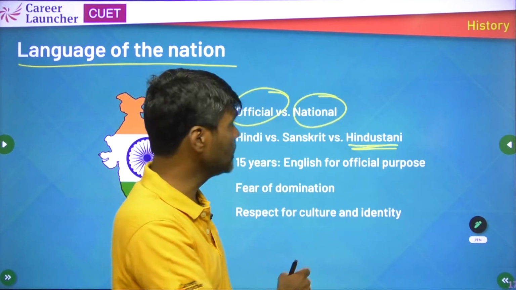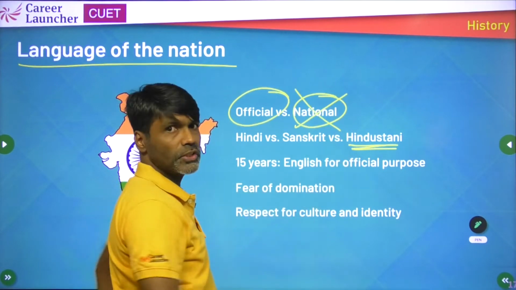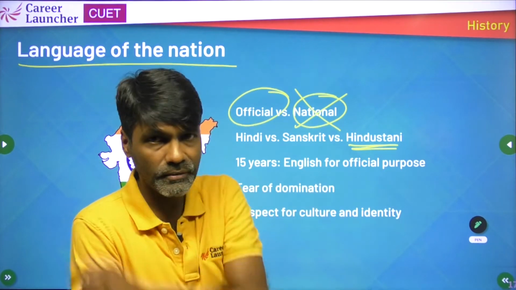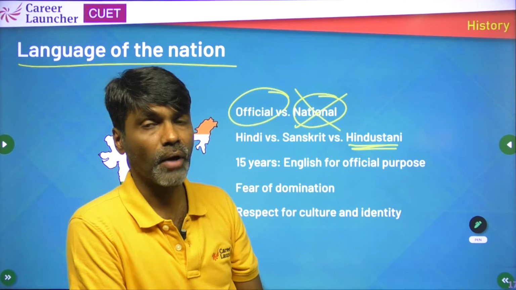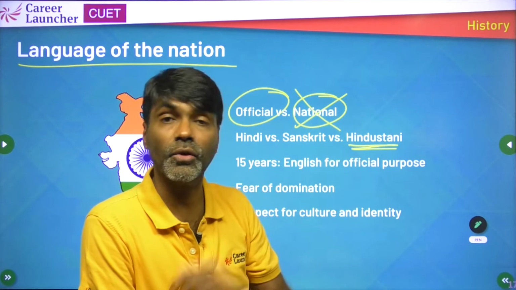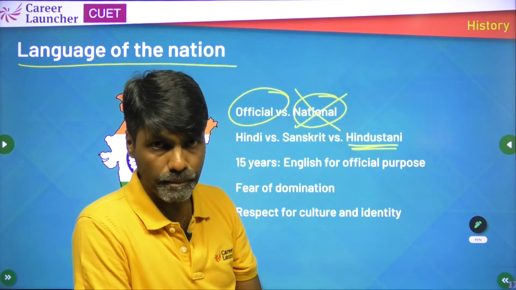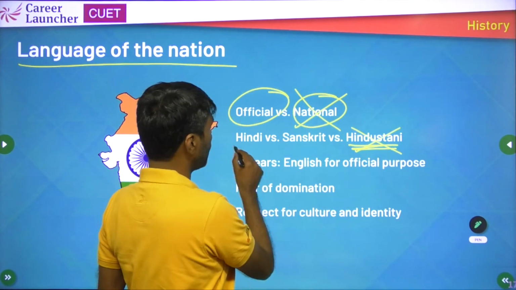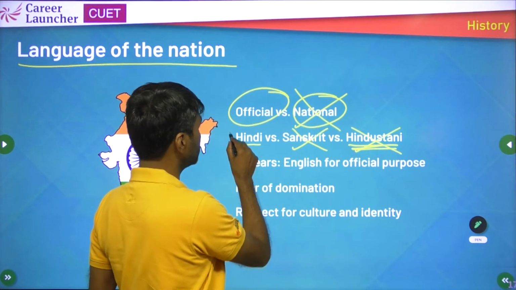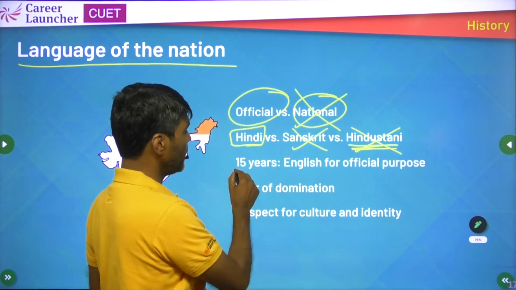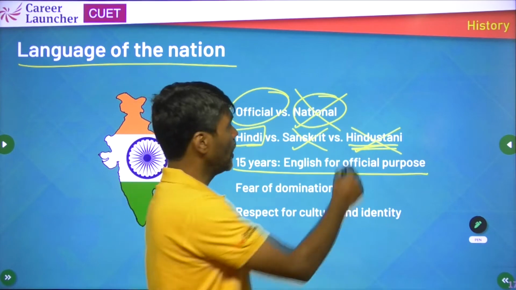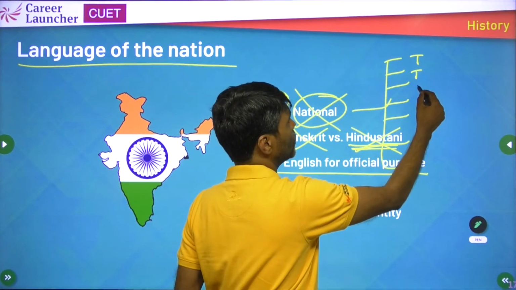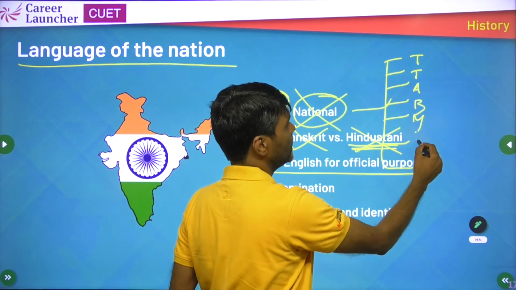So in this debate, first of all the idea of a national language was removed. They said no, there is no national language, official languages yes, absolutely, and there will be many. Okay, and after a lot of debate, these two got eliminated and Hindi became one of the official languages along with all the leading languages of India, whether it is Tamil, Telugu, Assamese, Bangla, Marathi, and so on.